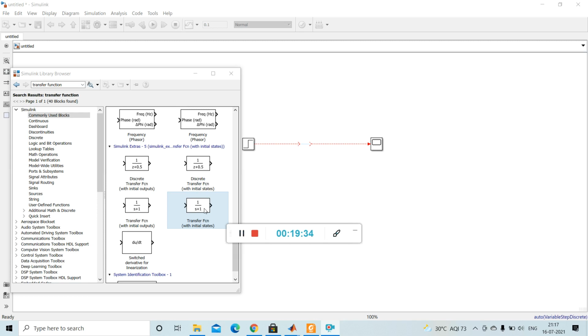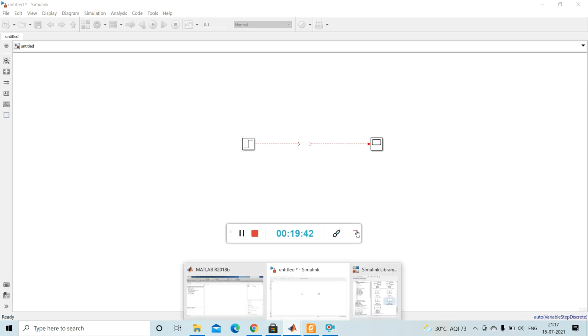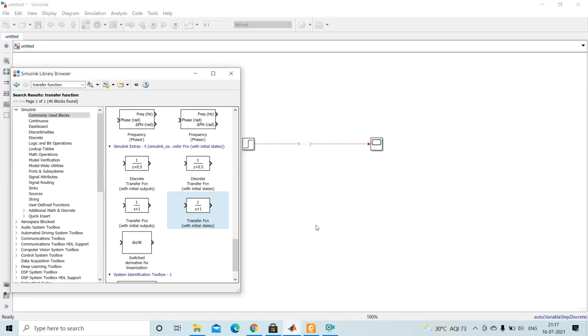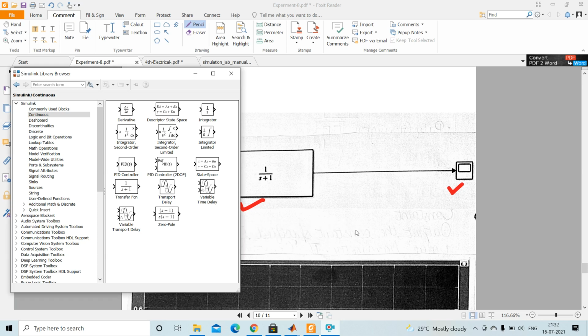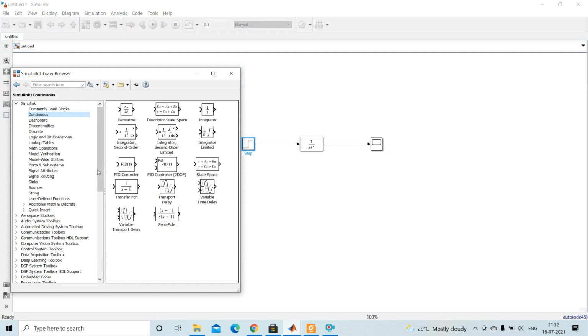So use this transfer function, Control I. From the Simulink library, from the continuous section, there is a transfer function. Just insert it into your window.